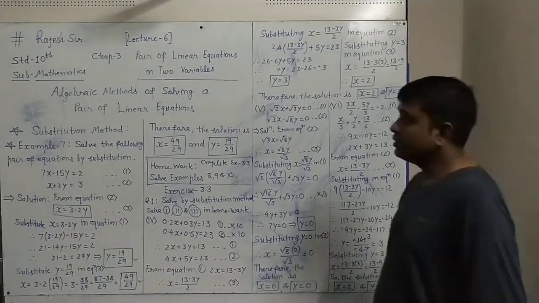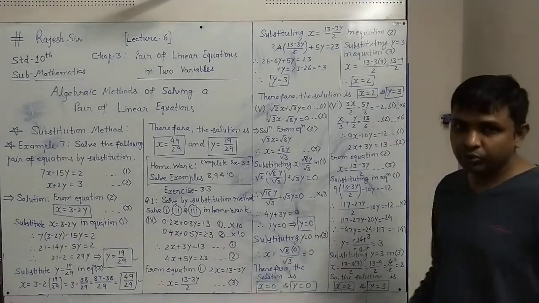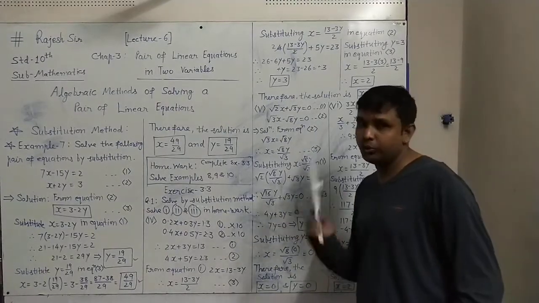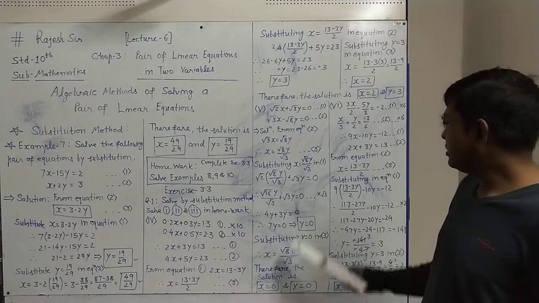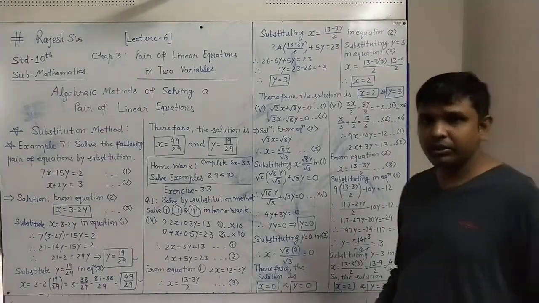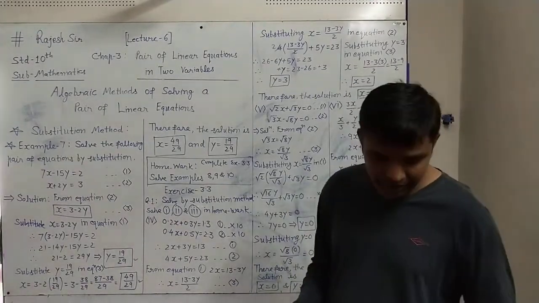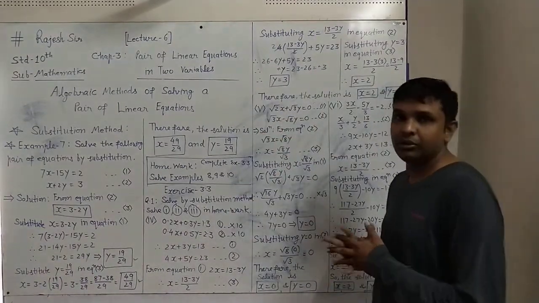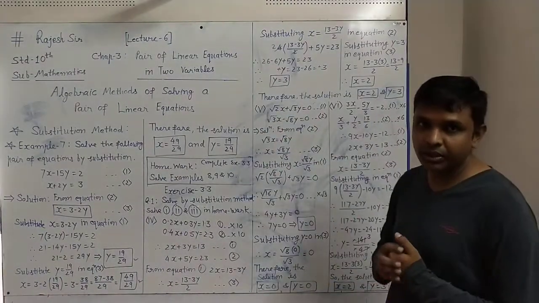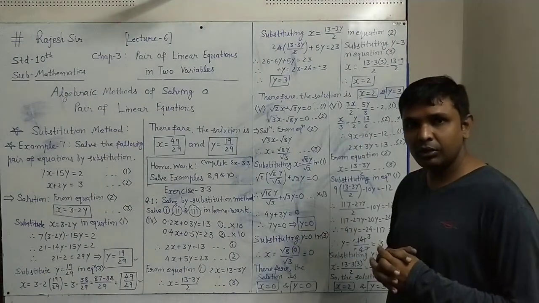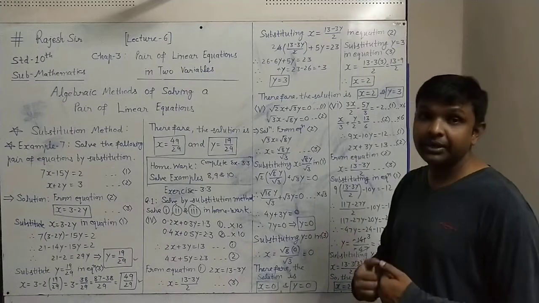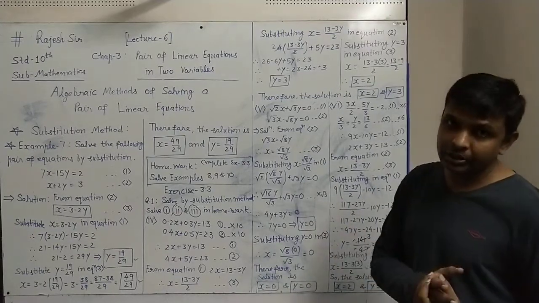So we have seen, in the varieties of given pairs of equations, how to apply the substitution method. Substitution is very simple. We have to pick any equation and from that we make the substitution of x or y, and that value of x or y we place in the other equation. We will get some variable's value, and that value we put in the substitution which we have made. We will get the other variable's value.